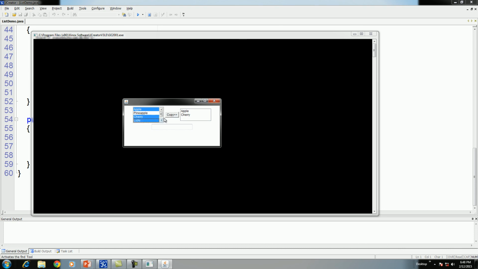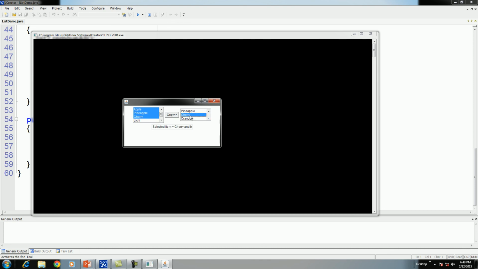If you find that by direct click items are not selected, then you can use either the control or shift button to select the items. But here I did not click any button, and all these items still get selected. Copy it. The items are 3. Suppose I select one more, pineapple, then apple, pineapple, cherry and orange.